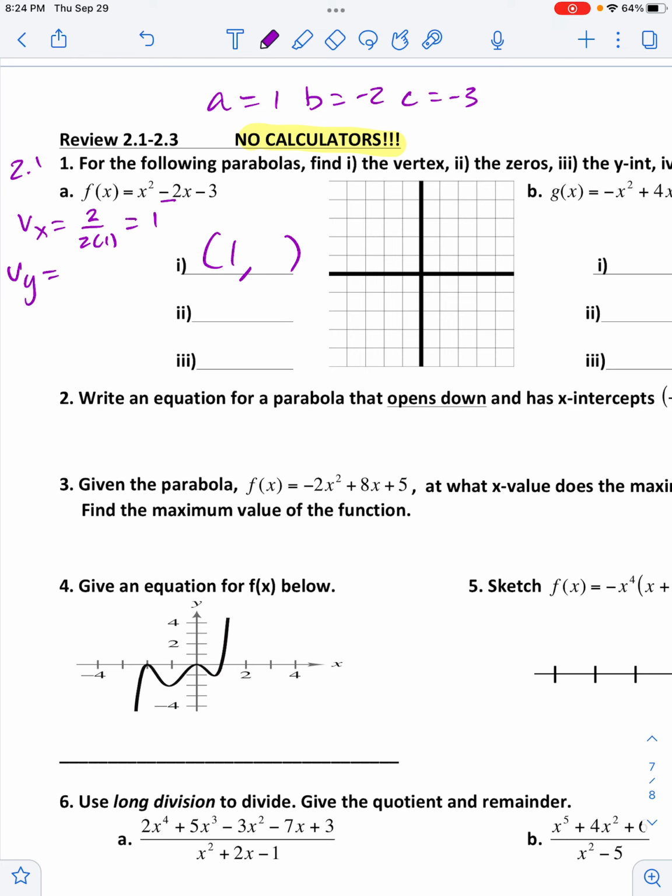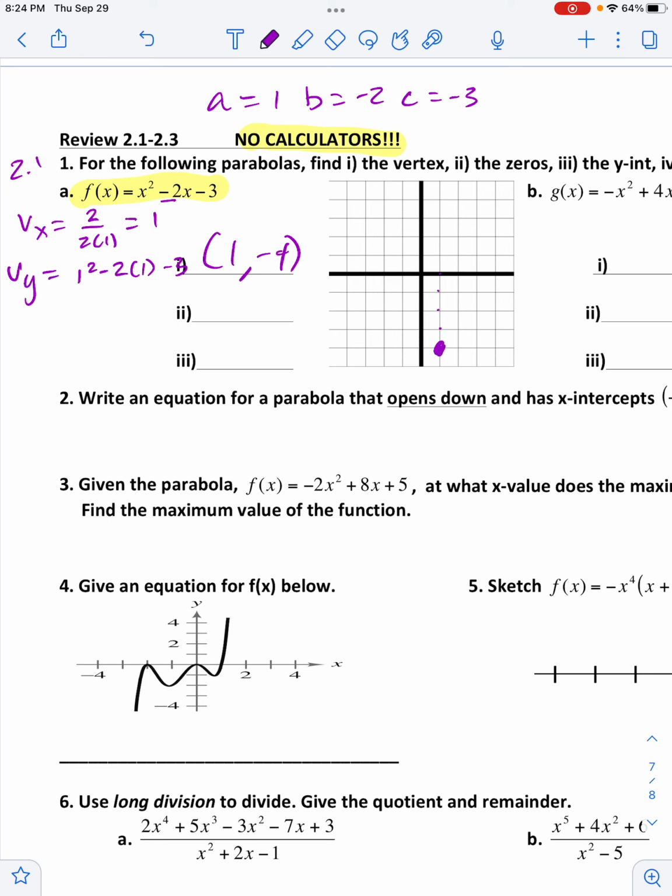To get the y coordinate, I need to plug in my x coordinate to the original quadratic function. So I'm going to have 1 squared. Now, in this case, thinking about parentheses, it's not that important because it's not negative, but a negative is always kind of a tricky feature. So I'm going to have 1 minus 2, which is -1, minus 3 more, so -4. Now,